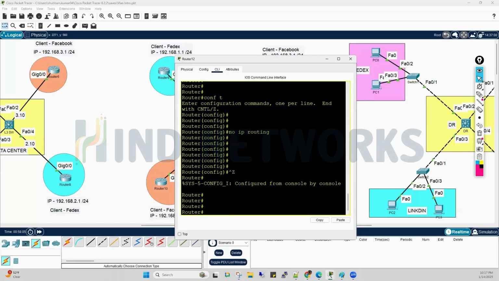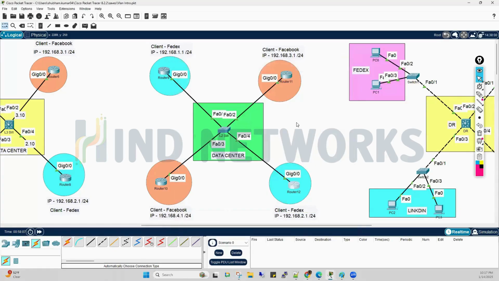Okay, done. Now, here we have 192.168.4.1 and here we have network 192.168.3.1. Are both in the same network or in different networks? Both are in different networks. Agree? Everyone tell me, right? Yes. Now if I write the command